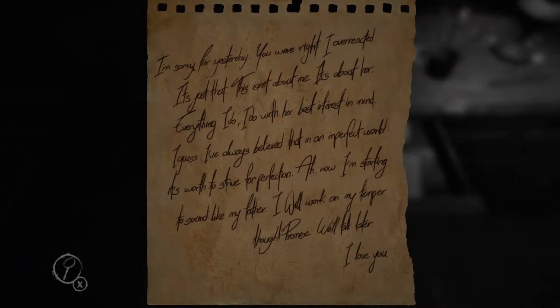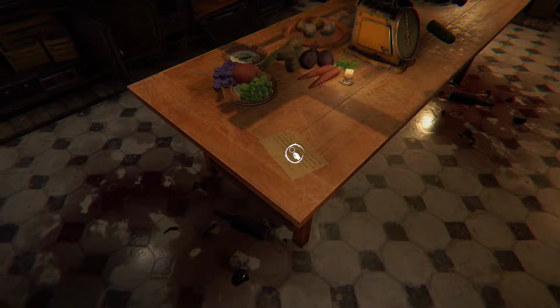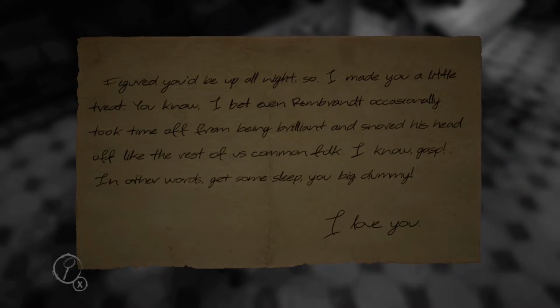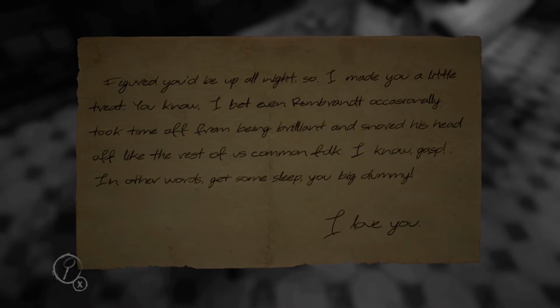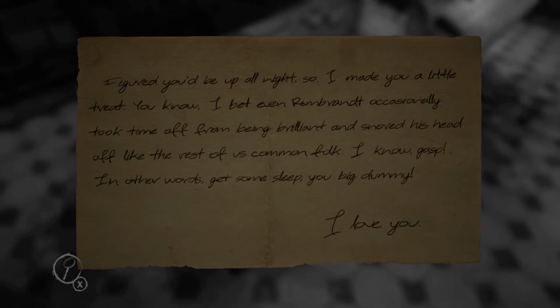The painter does seem to have a temper, detailed by a note found in one of the drawers where he seems to be apologising to his wife and saying that he loves her. In addition, we see a note from the wife to the painter, in which she says she's made him some food. She seems supportive, but also worried about him not sleeping because he's constantly working. They do seem, at least at first glance, to have a loving relationship.